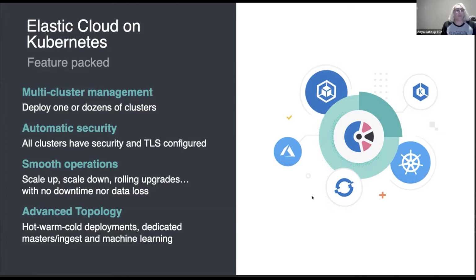And while it's really easy to have a quick start experience, we try to strike a balance: the quick start is really easy and simple, like what we were showing before, but we also wanted to make it at least possible, if not easy, to have more advanced topologies too.